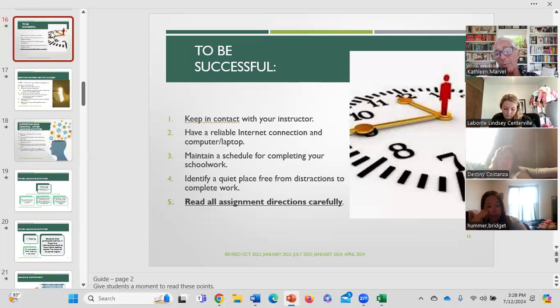Make sure you have a reliable internet connection, computer, and laptop. If you don't have a reliable internet connection, you're going to need to make arrangements to go to class or maybe participate in class on campus. For exams, you're going to probably want to plan on taking them on campus. But it's up to you to secure a stable internet connection.